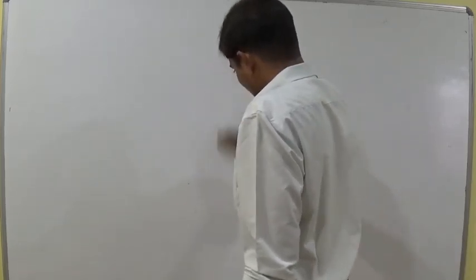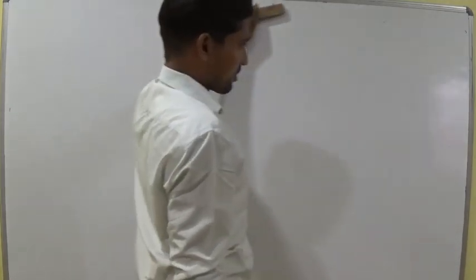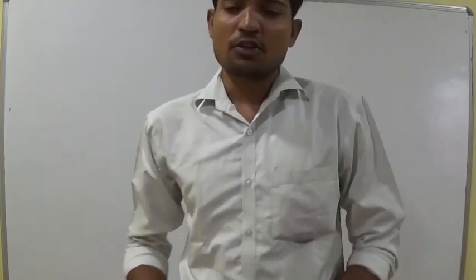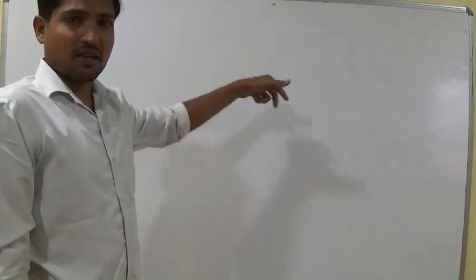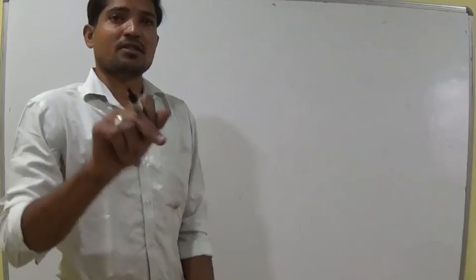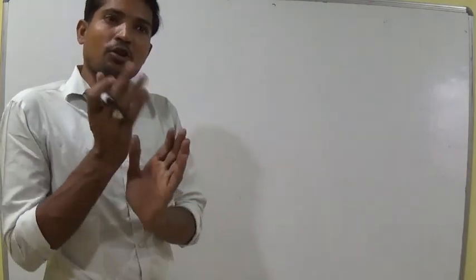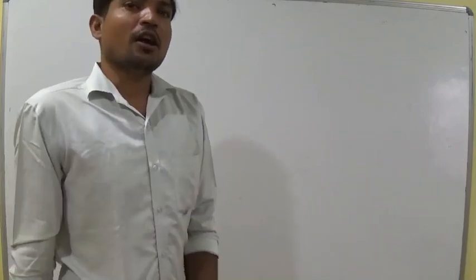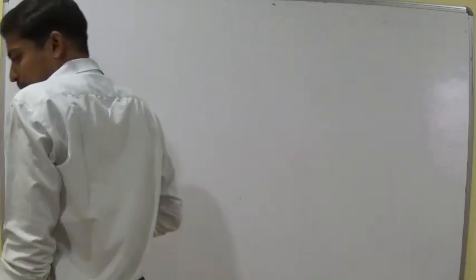And then the line equations, formula and acute angle between the two straight lines. When it is the acute angle, at that time we will use the plus sign. Why? Because a1x plus b1y plus c1 by square root of a1 square plus b1 square equal to plus or minus a2x plus b2y plus c2 by square root of a2 square plus b2 square. Plus or minus: if he asks you for the acute angle, we have to use the plus sign. So let us see problems on this.